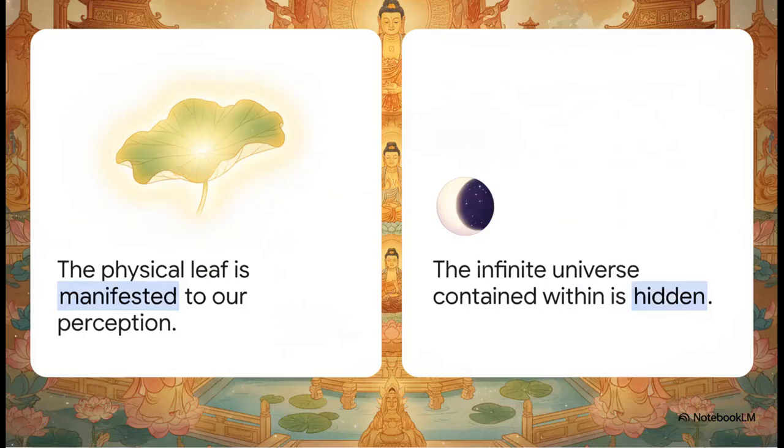Now, you might be wondering, okay, if the whole universe is in this tiny leaf, why on earth can't I see it? Well, the gate of hidden and manifested clears that up. The Zongjing Lu uses this brilliant metaphor of the moon's phases. When you look at a half moon, the dark side hasn't magically disappeared, right? It's simply hidden while the bright side is manifested. It's the exact same thing with the leaf. The leafness is manifested, but the infinite universe contained inside it is just hidden from your immediate perception. That invisible universe is absolutely still there.